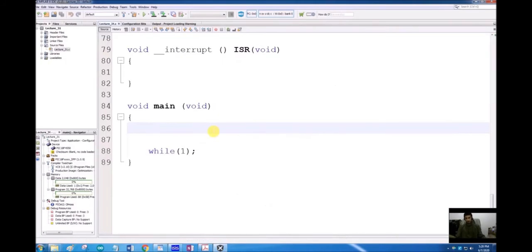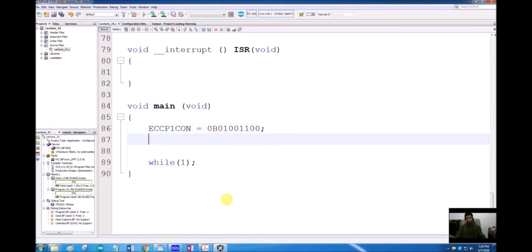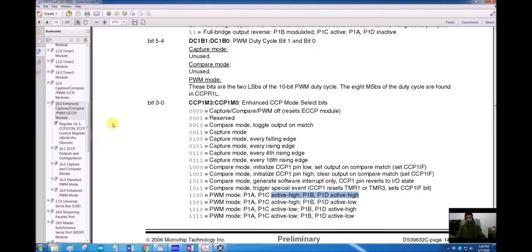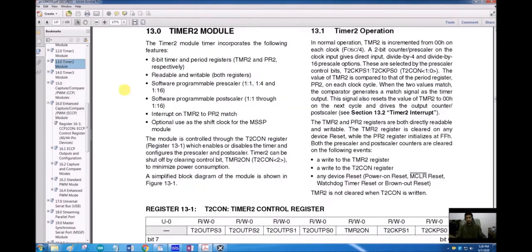So let's move: ECCP1CON is equal to 0b01001100. Then Timer 2 is also associated with this, as we know already.